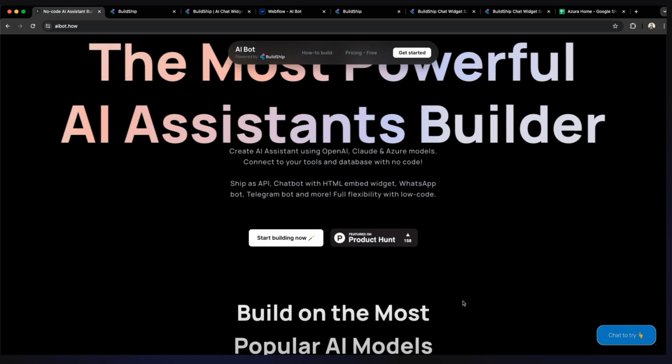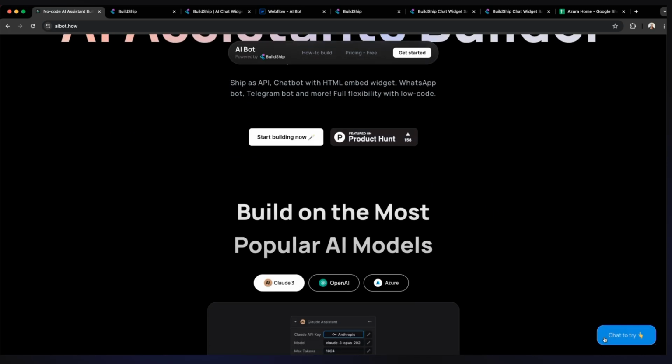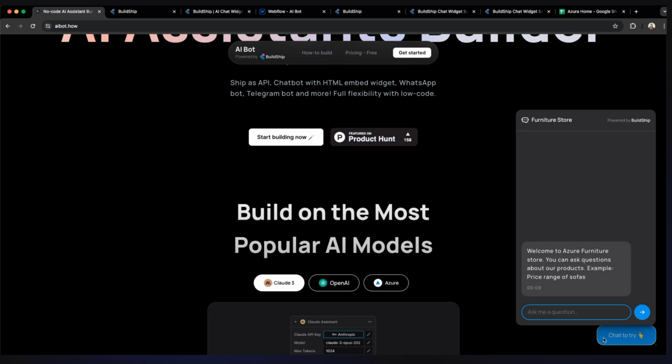I have this website here that is built on Webflow, and in the corner here you can see a chat widget. This is actually a powerful AI assistant that is connected to your tools and database and can bring a powerful experience for your website visitors to give them meaningful answers from your actual dataset and knowledge repository, or take actions